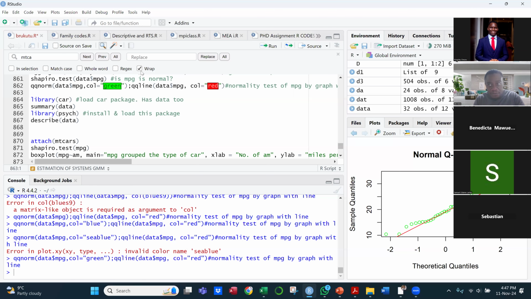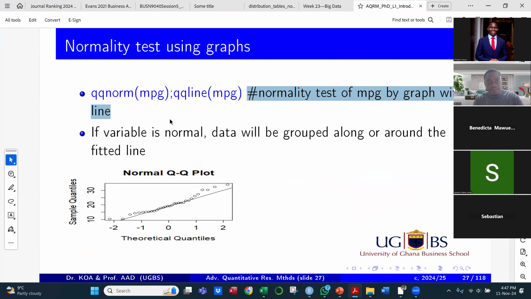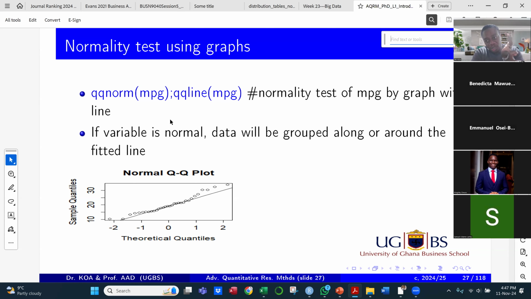Kingsley, your hand is still up. Yes, Doc. Go ahead. The Shapiro test, is it a form of hypothesis testing? No, the Shapiro test itself is a test statistic. You know, hypothesis testing requires 4 steps. 1, you formulate the null and the alternative